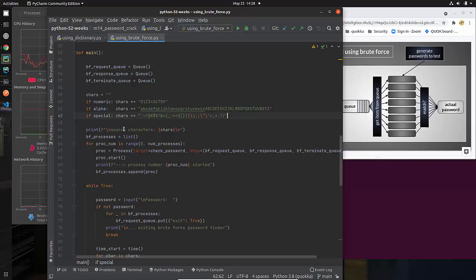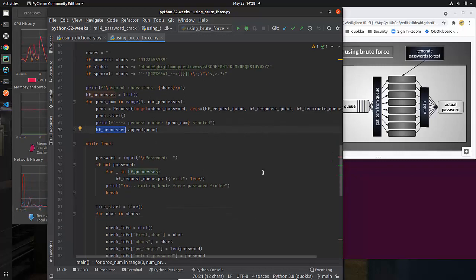Now the next thing that I do is I'm going to come down here and start the processes. We talked about this before. I have my number of processes that I got also from the arguments that were passed in. This is the same thing I did with thread. I create a process, I start it, and then I append it. I don't think in the code that I actually use this. No, I actually do when I put requests for exiting in. So I do keep track of my processes, so it's important that I do that.